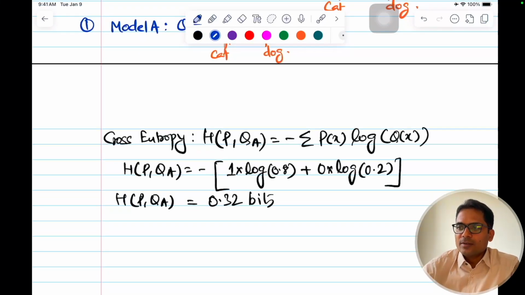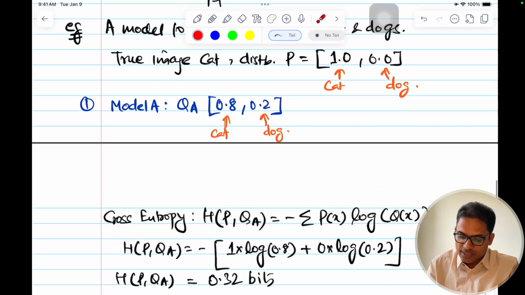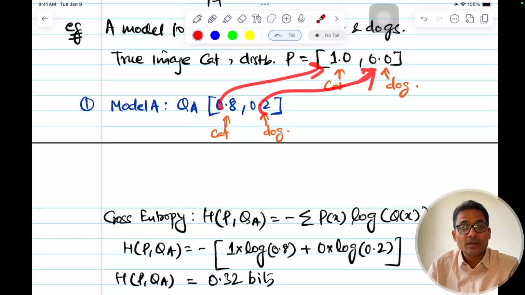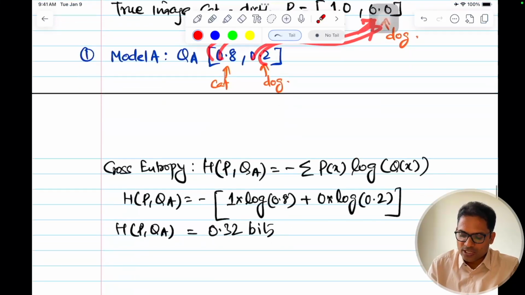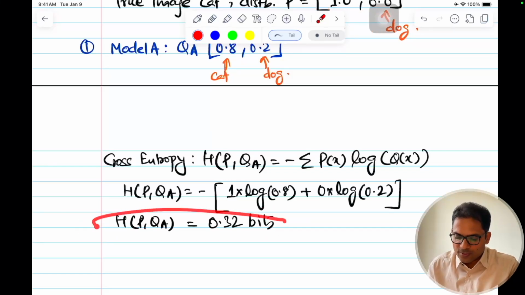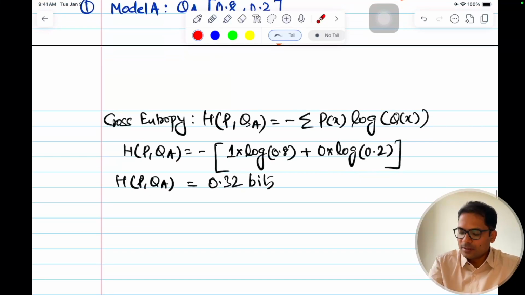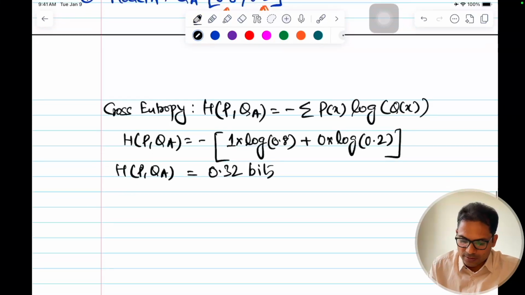Okay, this is a very low cross entropy, because we know that it is very close. It is 100% cat, 0% dog, and my model is predicting very close: 80% confidence that it is cat and 20% that it is dog. So this is very close to the actual. That's why the cross entropy between the actual and the predicted is very low, and the model is doing pretty fine here. The model is not surprised, since what it predicted and what is actual are not differing by much.